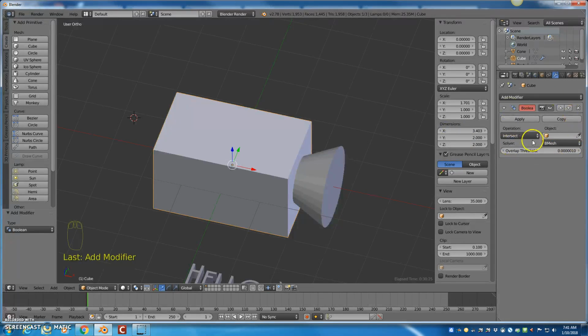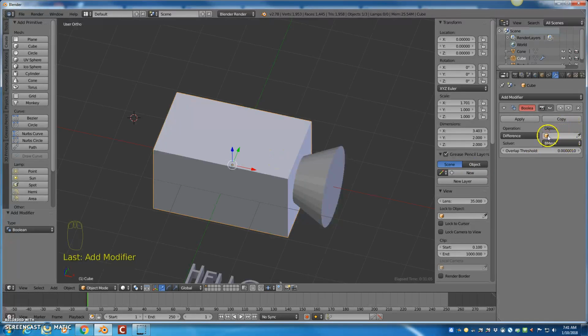In this window, it's important for some reason to select the operation first, and I really only use difference. Difference subtracts something from the object. There's also union, which combines two objects, which we can just use join for our purposes. There's also intersect, which should keep whatever is intersecting. In this case, it would keep a smaller version of the cone wherever the two pieces overlap. But I really don't ever use those two, but you might find a use for them. So I'm going to select difference, which will subtract the cone from the